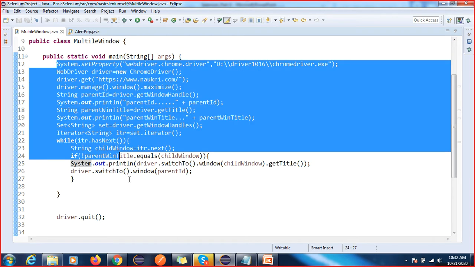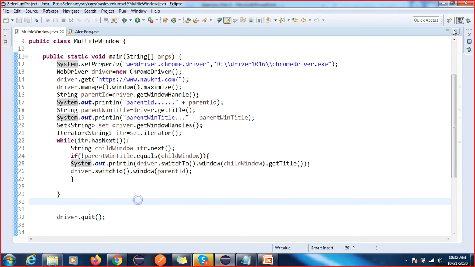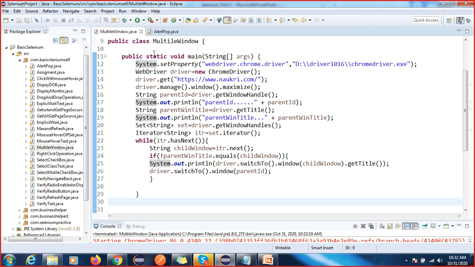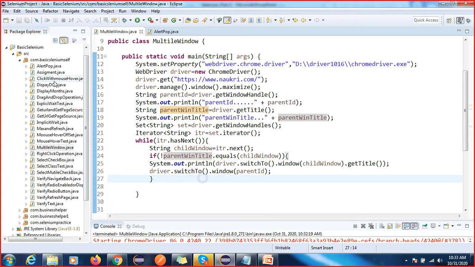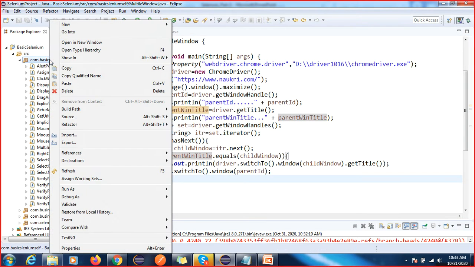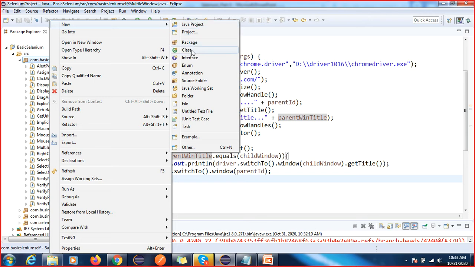It was capturing also, but here the variable is different. Okay, so the same code I will execute from a different example, the concepts are the same. Then we will try to create some reusable method for this also. Okay, so now I will take one more example, for Citibank.